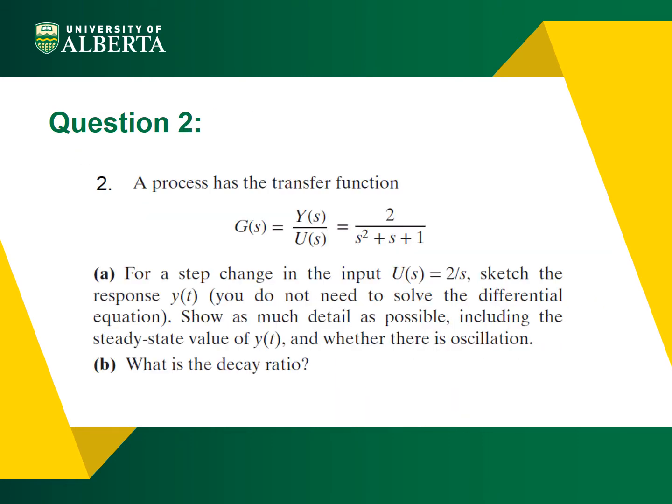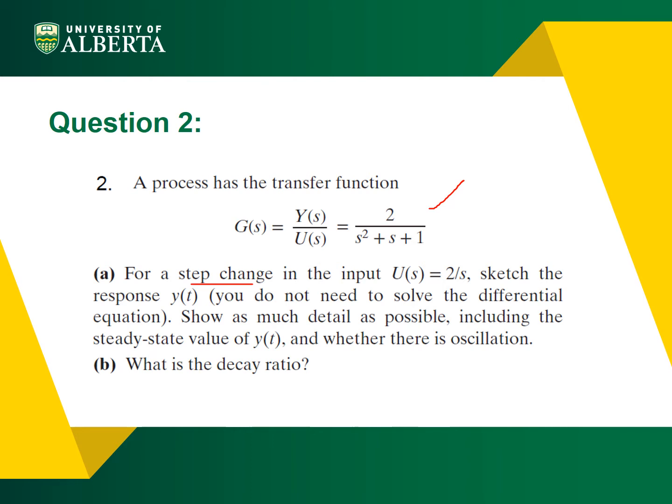Let's get into question 2. A process has the following transfer function: g of s is equal to y of s by u of s, and it is a second order transfer function, 2 by s squared plus s plus 1. For a step change in the input u of s is equal to 2 by s, sketch the response y of t. We don't have to solve the differential equation, we just have to sketch the response